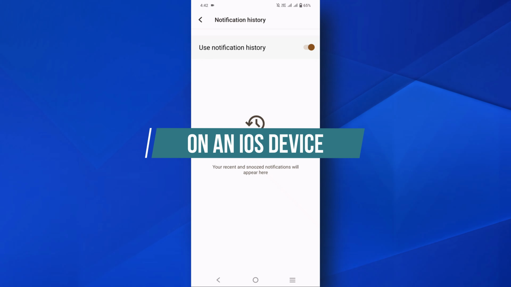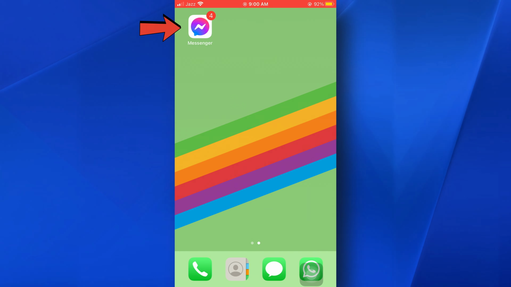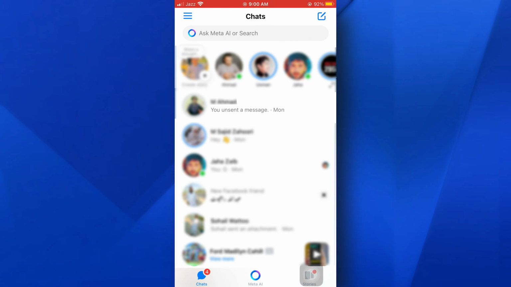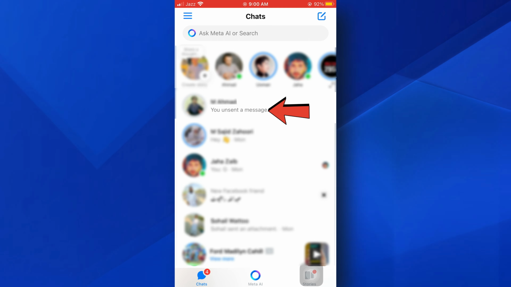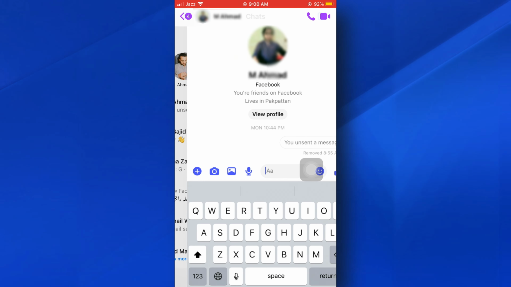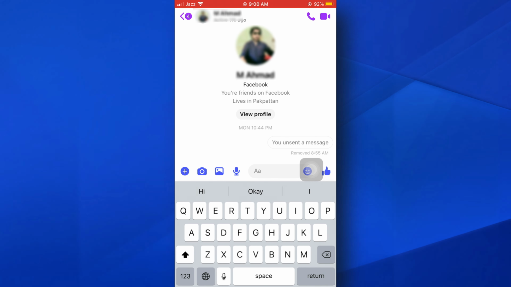On an iOS device, open the Messenger app on your device. Look for any conversations with a draft label next to them. This indicates that there's an unsent message in that chat. Tap on the conversation to open it, and you'll see your draft message waiting for you at the bottom of